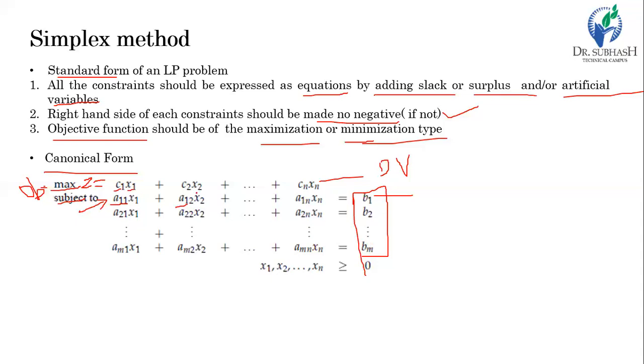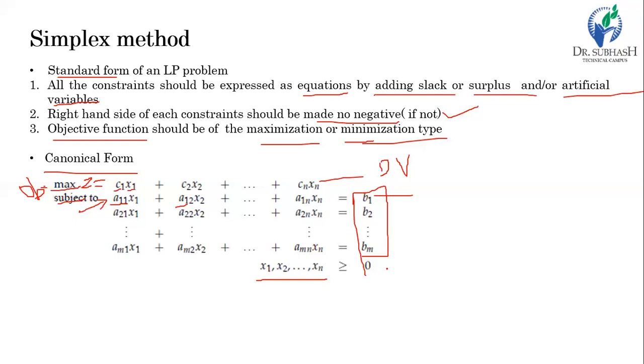So these are all the constraints in equality form. And last, the non-negativity constraint, which is x1, x2 up to xn greater than or equal to 0. That is a necessity. We can understand it this way. Say x1 is the number of products of any particular item, then we cannot produce a negative number of an item. So x1, x2, x3 must all be positive during the solution. So this is the necessity.